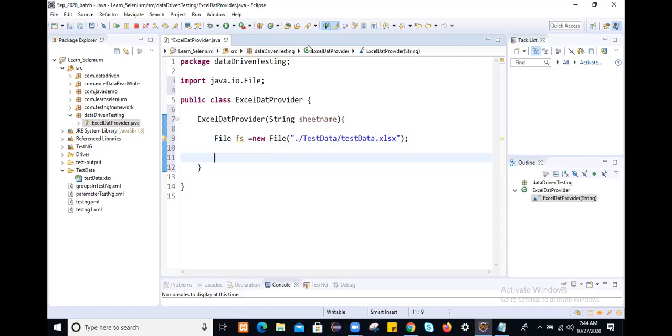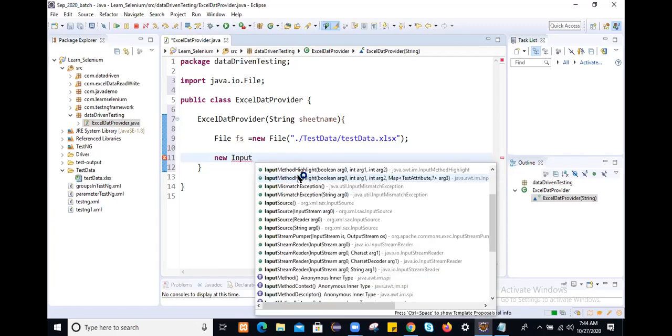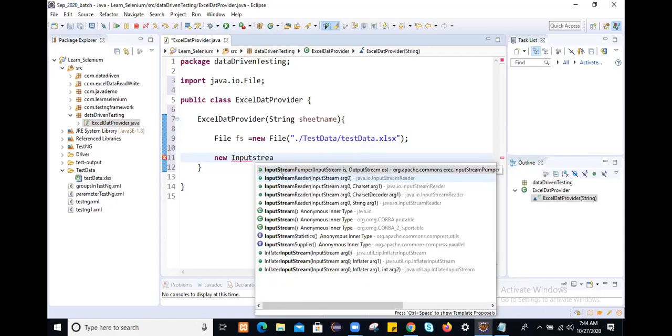Then we are going to perform input and output operation. For input operation, we are going to use one class, and the class name is what?